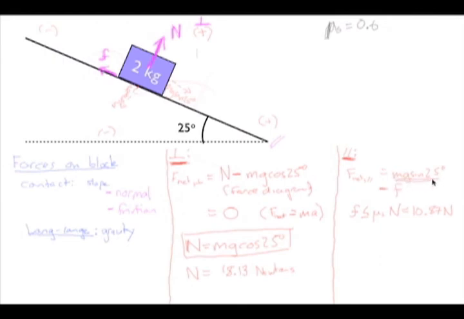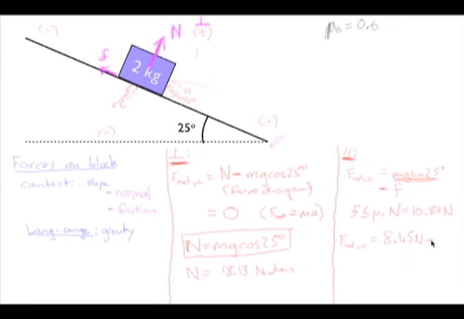This we can work out numerically, mg sine 25 degrees. So we have F net in the parallel direction is equal to, well, let's put in numbers for the mass, gravity, and sine of 25 degrees. Doing that, we end up with a force of 8.45 newtons,